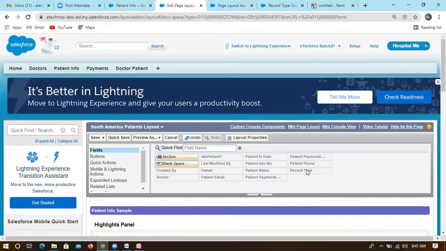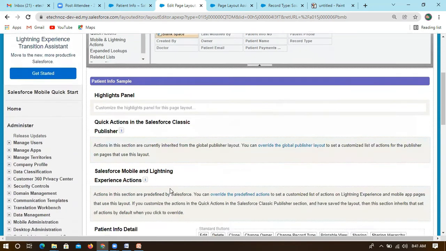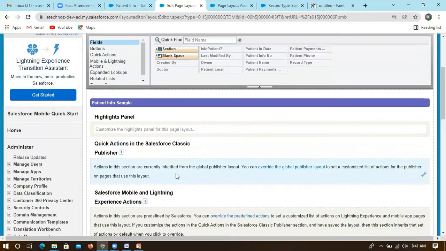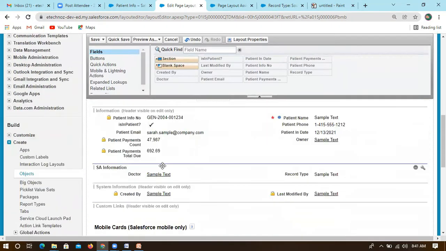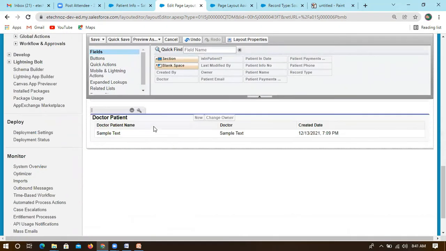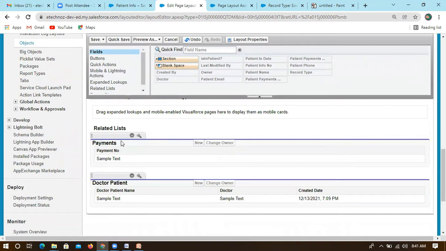By default, you can't see this record type field. But when you create a record type, like the first record type we created, Salesforce by default creates one field. This is a standard field. You can see the API name also. The API name will be record type only, so you can't see the double underscore c. It will be just record type. So you can also change that.